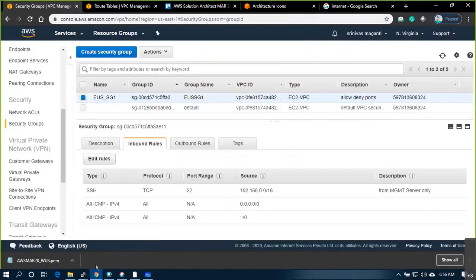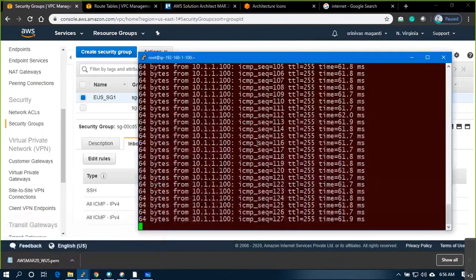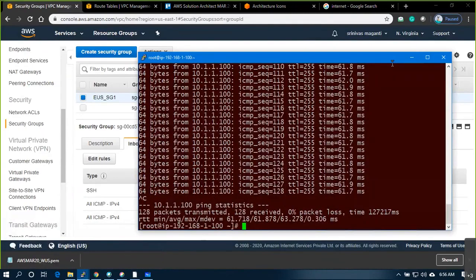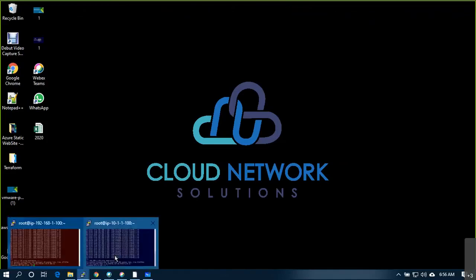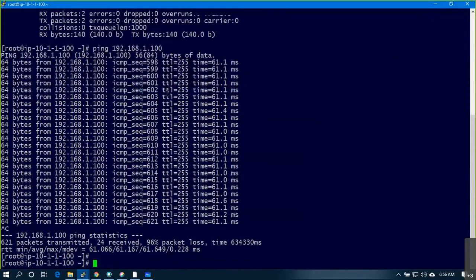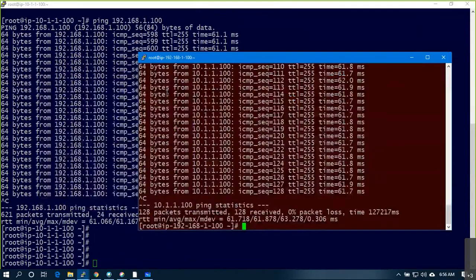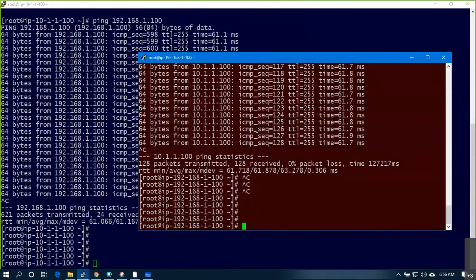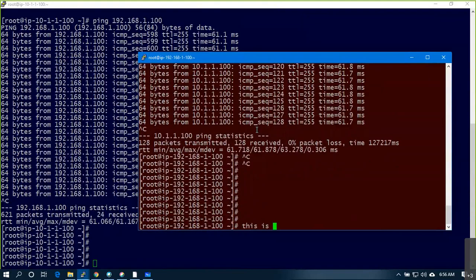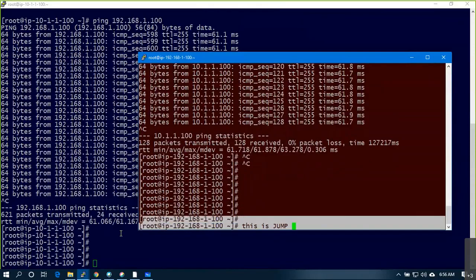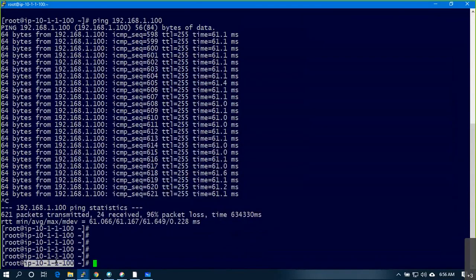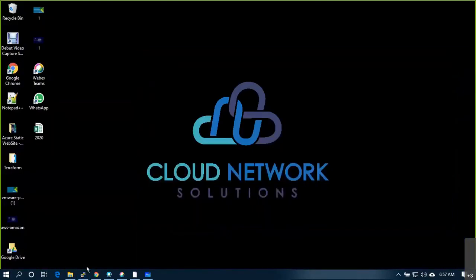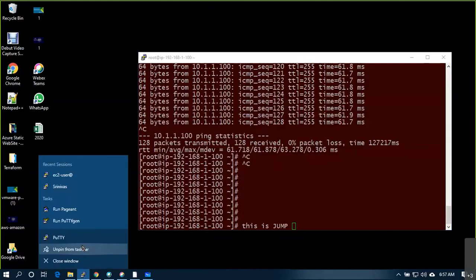Right now, where is this? This is the server, right? Sorry, this is the jump box. Look at the IP, 192 series, right? This blue one is my production server. Currently I am logged in, that is why it is working. If I close the connection and try to access once again,